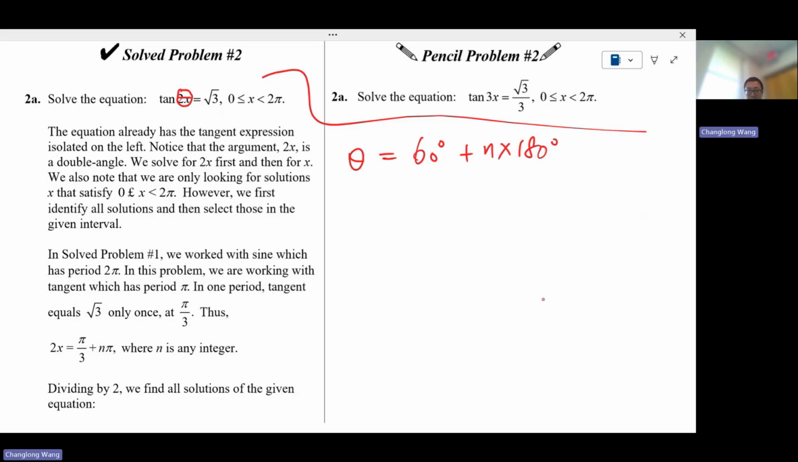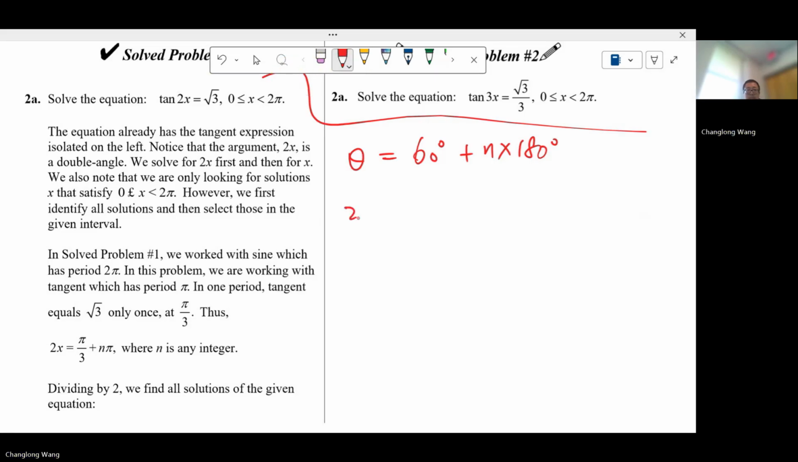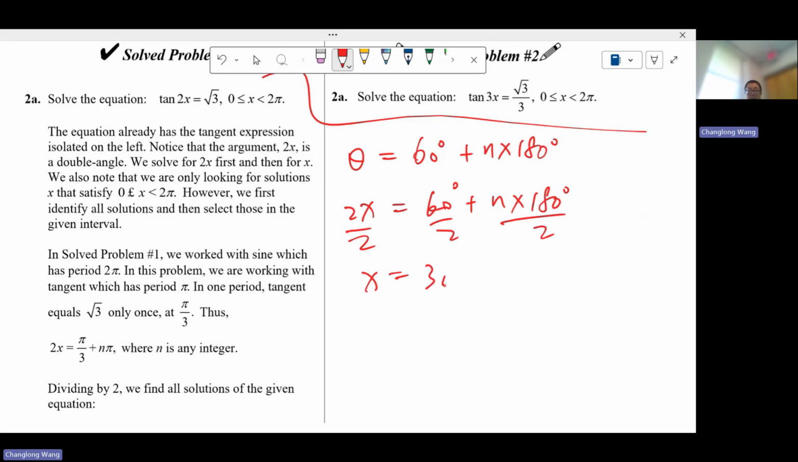But then you realize I'm not solving for theta. And to get that symbol, I realized, oh, it's not theta. It's 2x equals 60 plus n times 180. Okay. Now again, the question is, how do you solve for x? Would it be a bit too obvious? You just divide 2 across the board, right? You get x equals 30 degrees